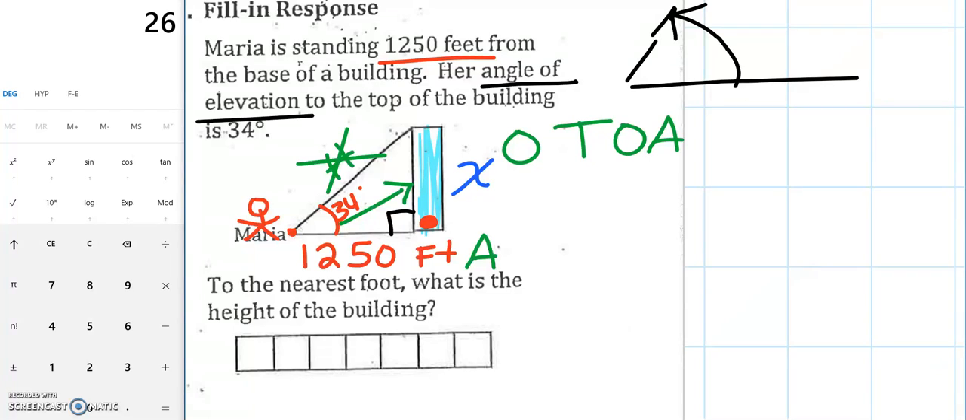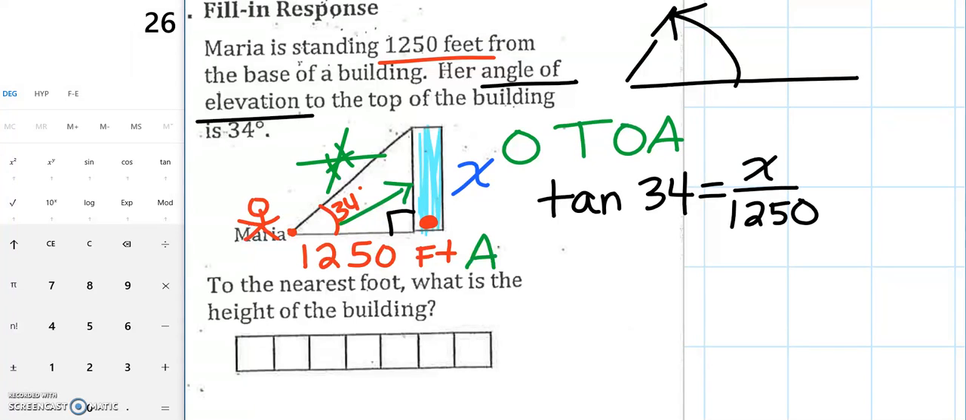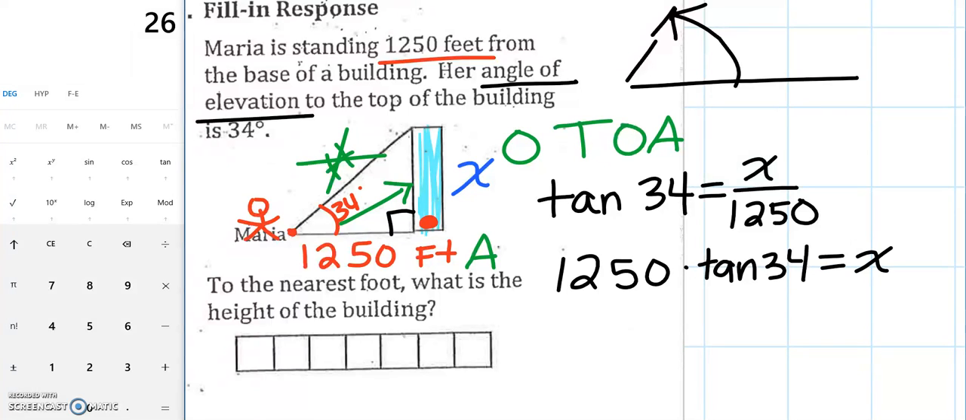So let me set up my trig function. I'm going to do tan of my angle, which is 34, equals my opposite x over my adjacent of 1,250. I'm going to multiply both sides by 1250, so I'm going to be doing 1,250 times the tangent of 34, and that's going to give me my value for x. So in your calculator, 34 tan, it's that decimal. Multiply that by 1,250, and I get